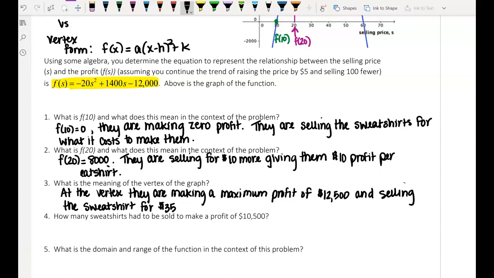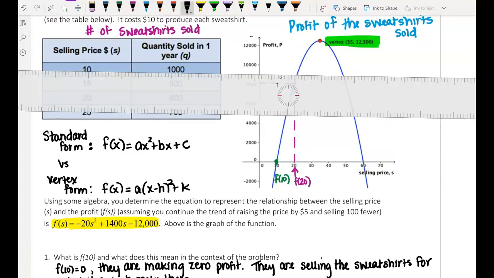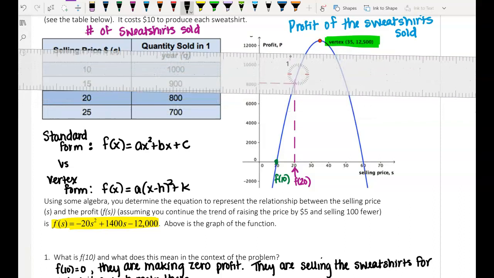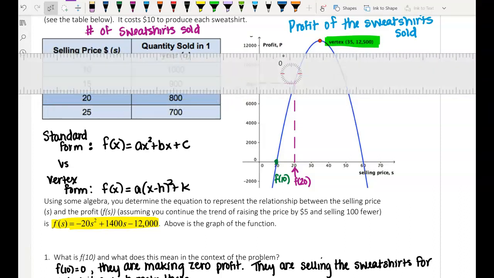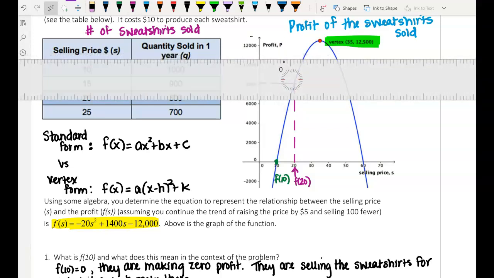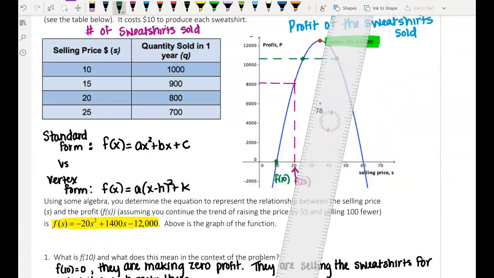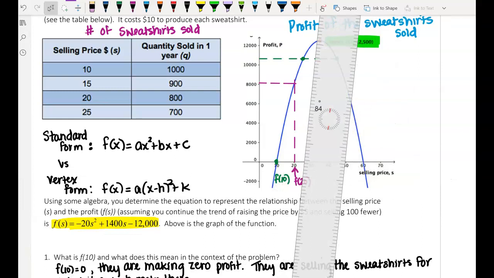Question 4 says, how many sweatshirts had to be sold to make a profit of $10,500? So now we've got to work backwards. We know what profit we're working with, and this is a little tougher because we got to guesstimate. Halfway between would be 11,000. So then I've got to take half of that to kind of guesstimate where my 10,500 would be. So if I go across, I hit my graph in two different points here. And if I see where those points lead me to my price,